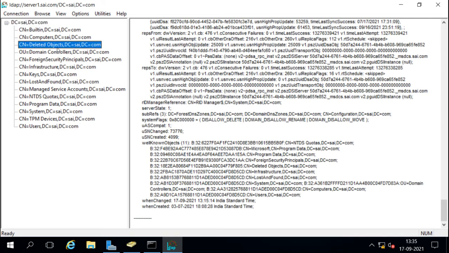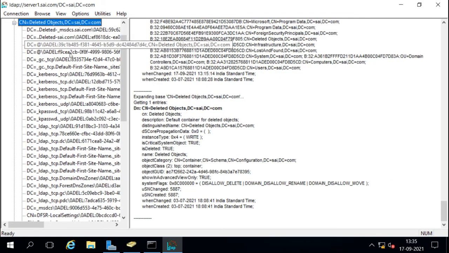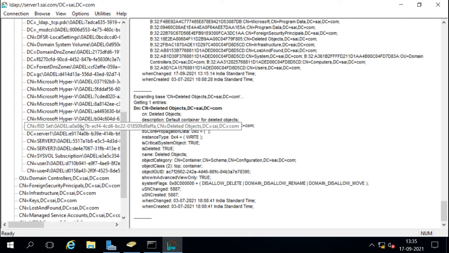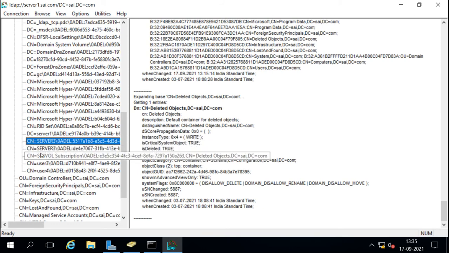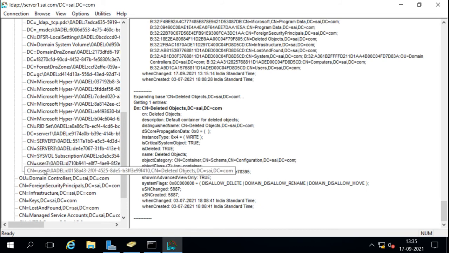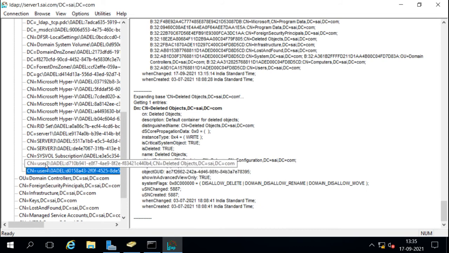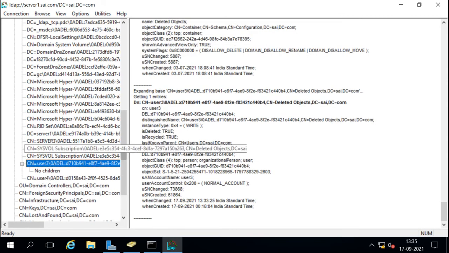Now when you double click on this, you will see all the deleted objects, and among these deleted objects we can see here server 3 is also deleted, that we removed. Now here we can see the user 3 and user 4. Now if I click on user 3, I want to recover user 3, I double click on it, so it shows the information about this user 3, a total information.